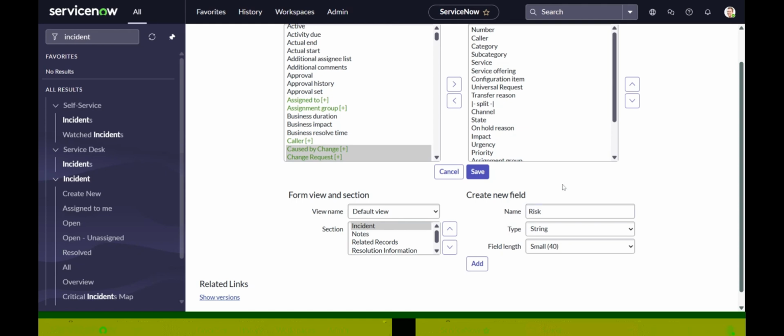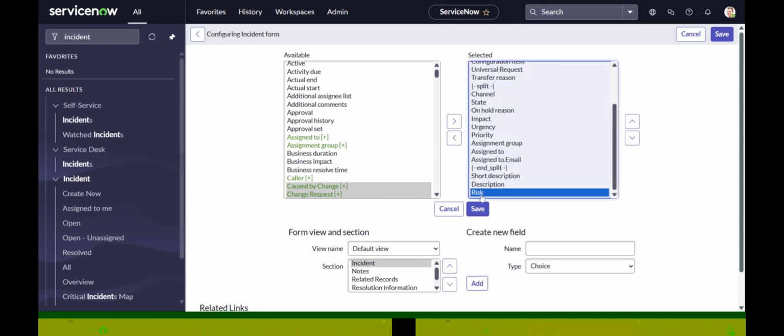And I want it... what is the type of the field you want to add? It will be like integer, general, general input, general list. Basically, the work note field is a general type. I'll also show you how to see what field type is there. Then there is list, long, password, percent complete, preference, share. So many options you can see in the type: time, URL, video, wiki, workflow, string. For risk, I just want to make it risk 1, 2 or 3, as a choice. So I will choose the choice type and click on add. When I click on add, the risk option I want to show after on hold reason. So what I will